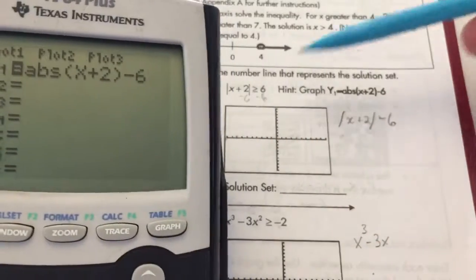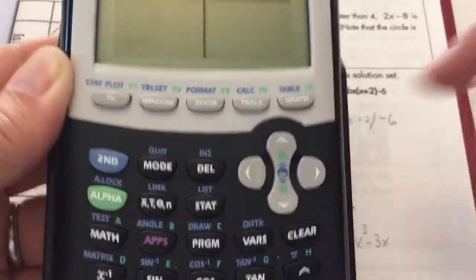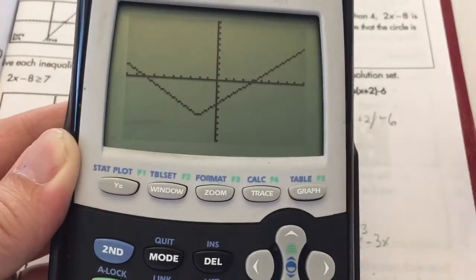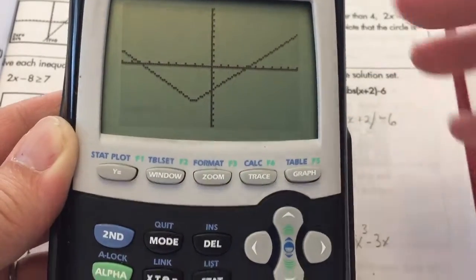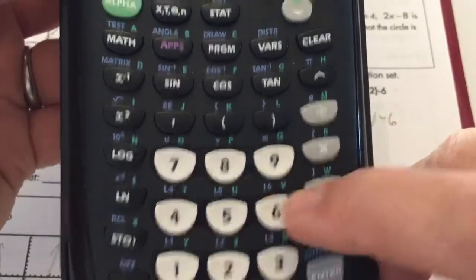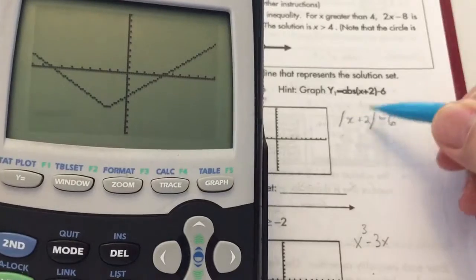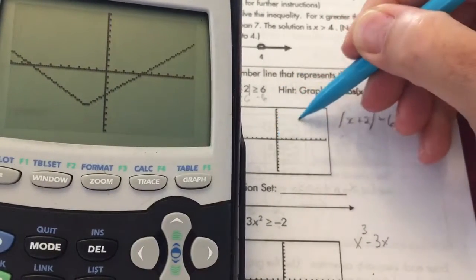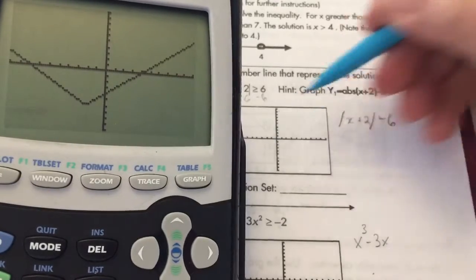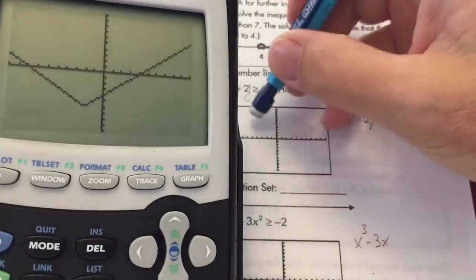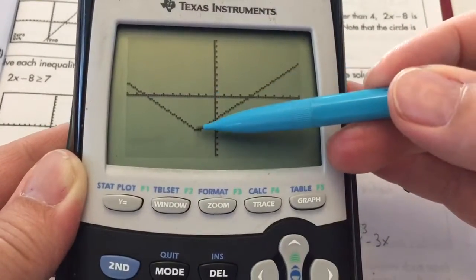Now remember, we're looking for where this is greater than 0 because we did solve this for being greater than 0. Let's look at our graph. So the graph is being drawn on a 10 by 10 window. If you don't have a 10 by 10 window, go to zoom number 6, which will give you a standard window. 10 by 10. Remember that when we have a parent function of absolute value, we get a v, something like that, but because we've got a transformation of x plus 2, it moves it to the left 2, and a minus 6 moves it down 6, you'll notice that your vertex here is at the point -2, -6,